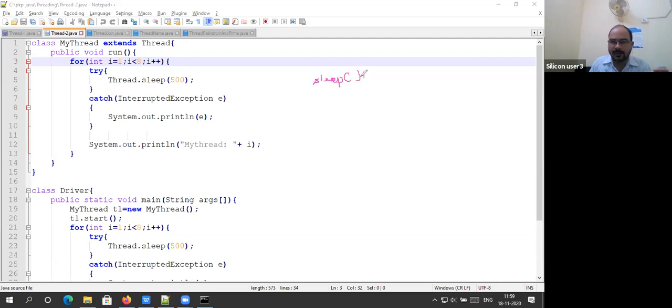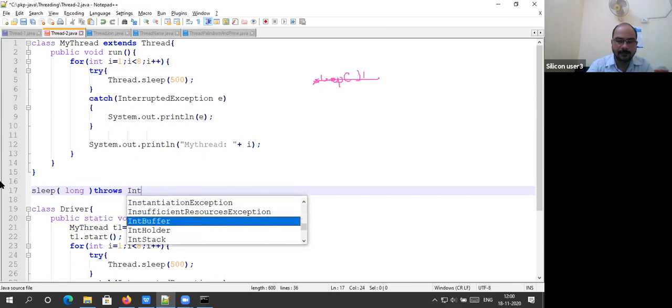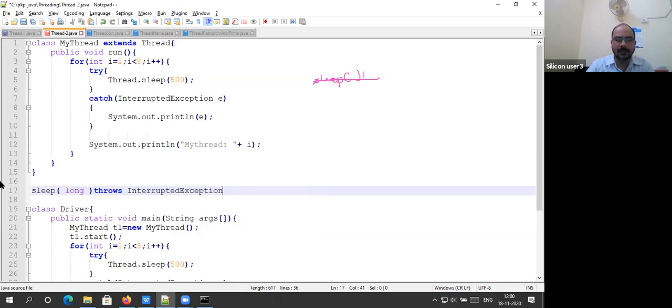Let me write it here. The sleep method is a static method. Sleep takes a long variable as a parameter, and it throws, what does it throw? InterruptedException.